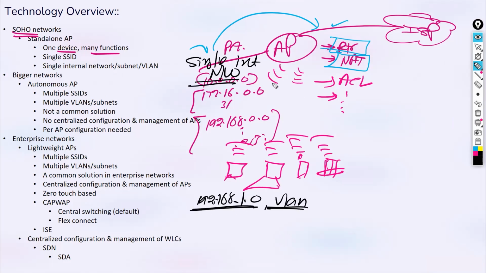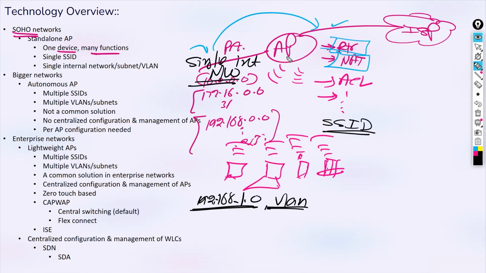And here you cannot segment your network. You cannot say that here I'm saying my printer VLAN is a different one, and for that I need a different SSID. No, you want your, let's say, servers in a different SSID, different VLAN. So that is not basically the strength this AP has.